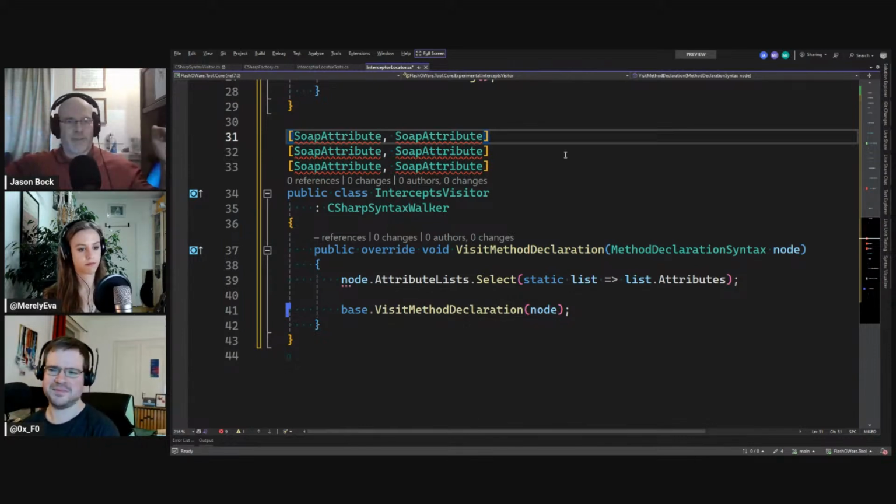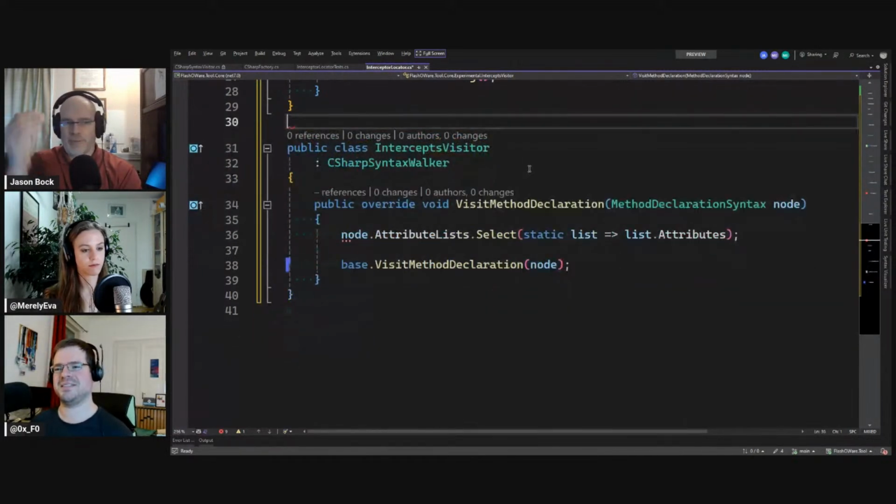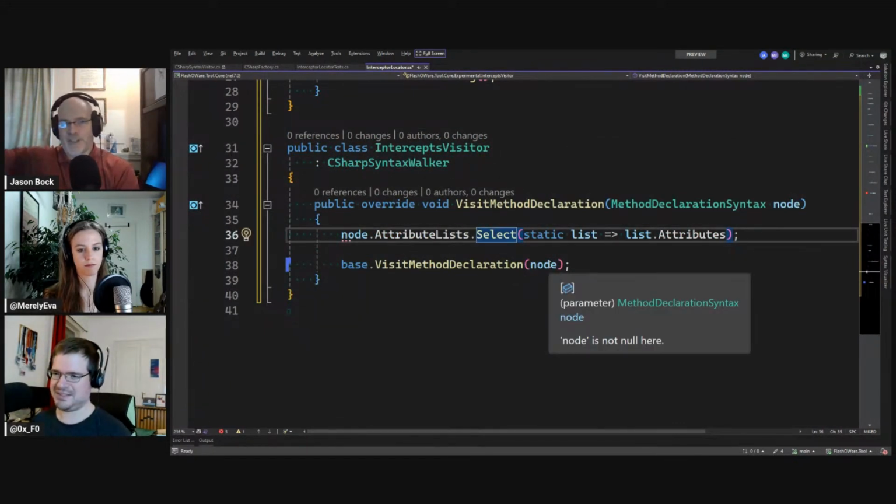And so then it's a list of them. Your style as a developer may be to do it a certain way, but what C# allows you to do is more than that. And so, the way you described it is correct. That's why you have these attribute lists and attributes, and that's the way it's designed. It seems odd at first, but it makes sense when you realize, oh yeah, that's the way it could come through.